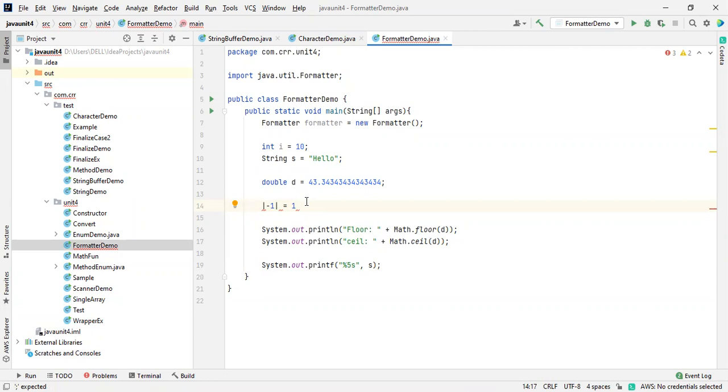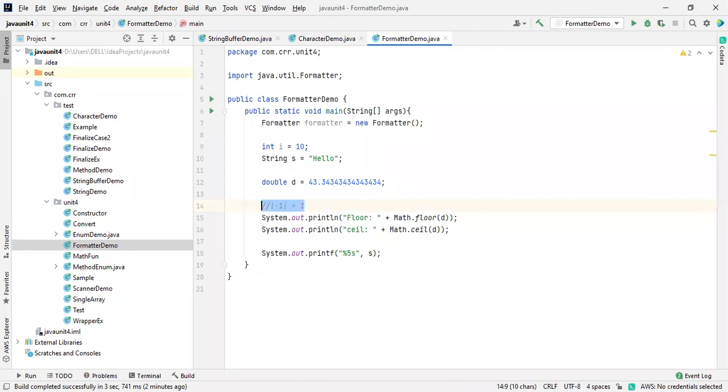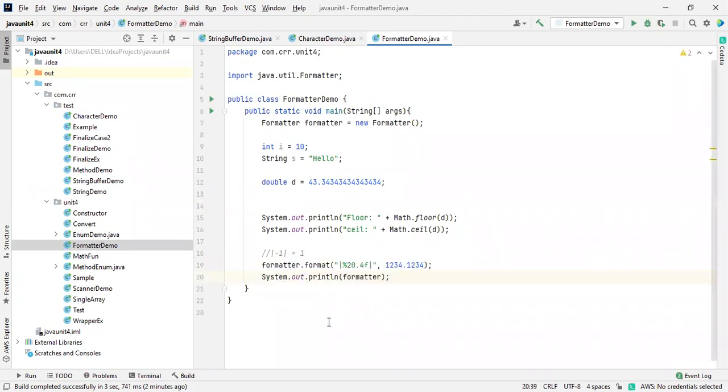So according to that, we are going to take an example right now. I just want to make it a comment for understanding purposes. Okay, I'm removing this. And now I'm pasting a formatter using a formatting statement. See this one, 20.4 F. F in the sense it's a float.